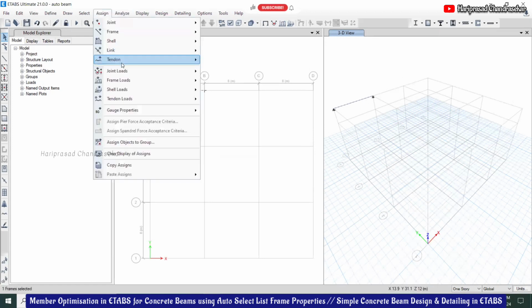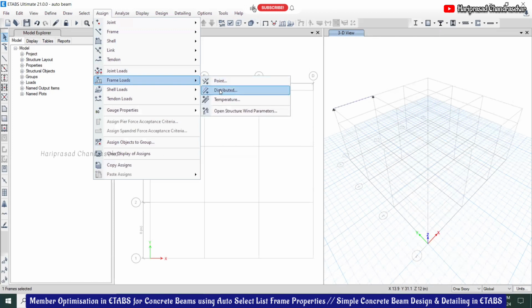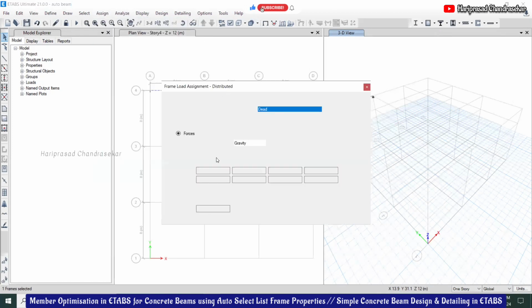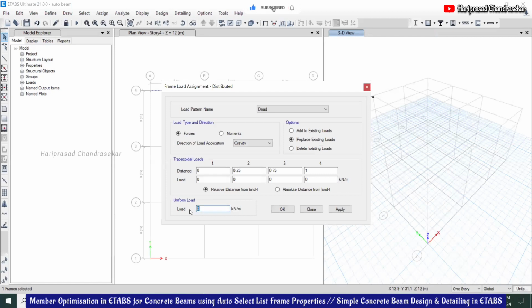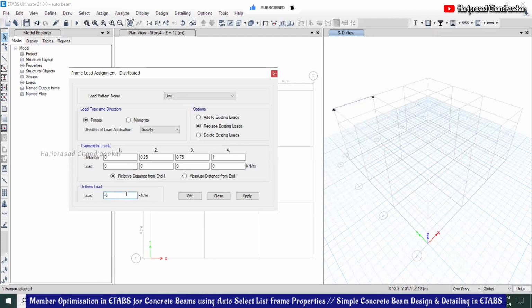I can go to assign, frame load, and I will put a distributed load also. So distributed of minus 5 kilonewton per meter that is in a live load, or minus 10 kilonewton. It's already in gravity, so you need to put 10 only.